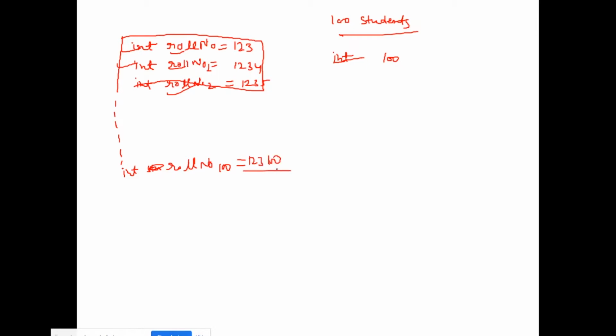So this way we have to define 100 variables, right? And after that, if we want to print roll numbers for all students, we have to use 100 System.out.println. So this is 100 lines of code, and this is 100 lines of code, total 200 plus lines of code.